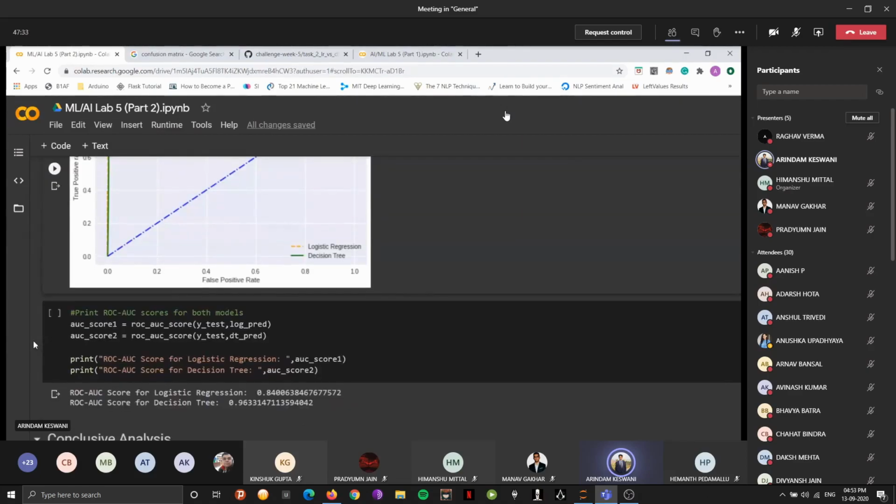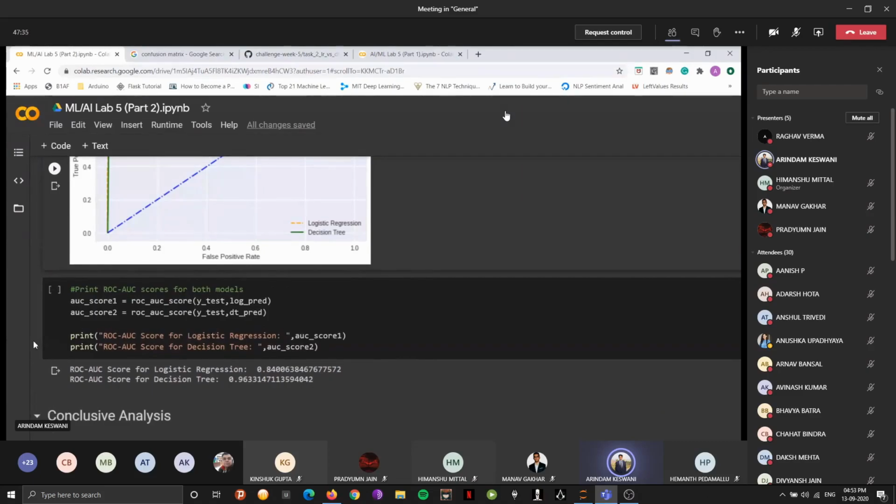And that's another analytical portion that we will be going through. And again, we can print the AUC score. To get into the depth of it, you can simply go over to the resources and go through what an AUC score actually means. It will give you a much better understanding if you go through it yourself, because even if I explain it to you in one sentence, it's much better if you understand it by yourself. So we printed the AUC scores, and since we are scoring in terms of scores, the decision tree is coming out on top. So that's it for the session before we get to the conclusive analysis.